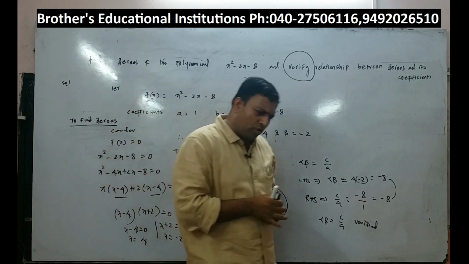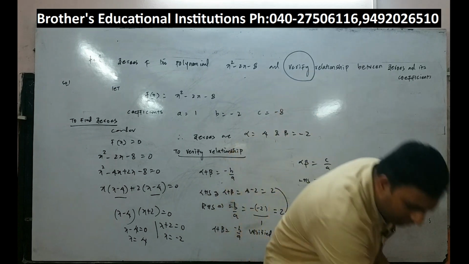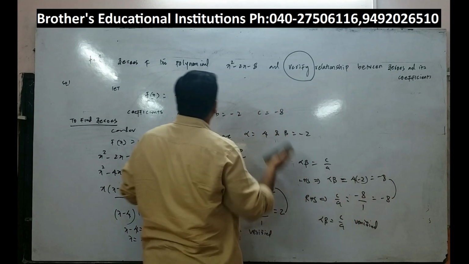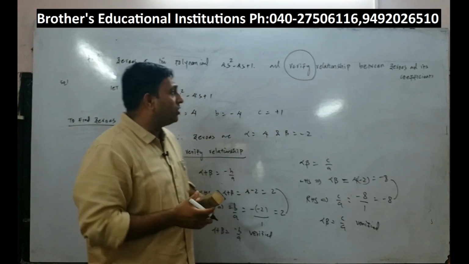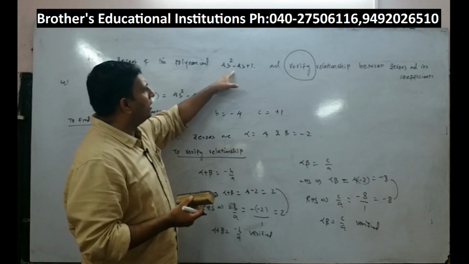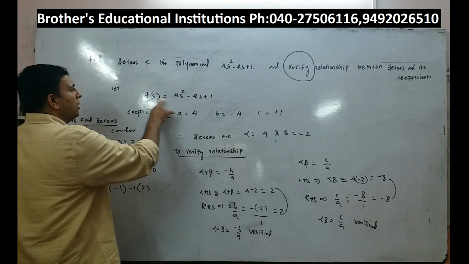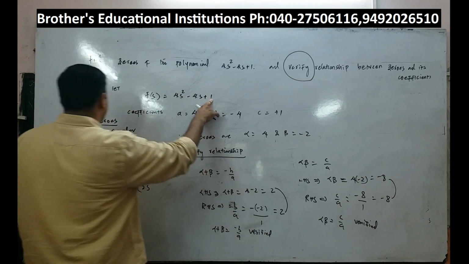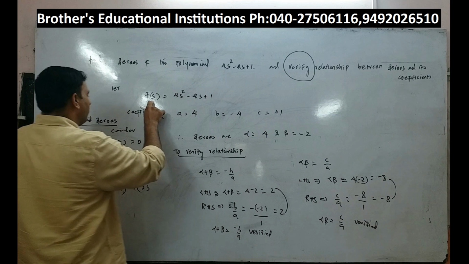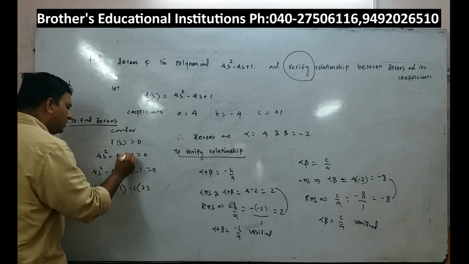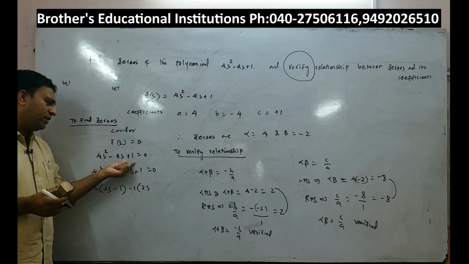We will try to take one more numerical so that your concept is more clear. Let us take one more numerical. Yes students, we will go for the next new equation, and you can see the equation 4s square minus 4s plus 1. So f of s is equal to 4s square minus 4s plus 1, and I am replacing x with s. Now I have to consider f of s equal to 0.